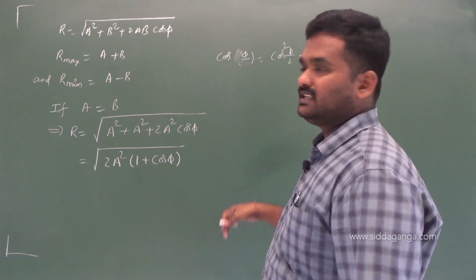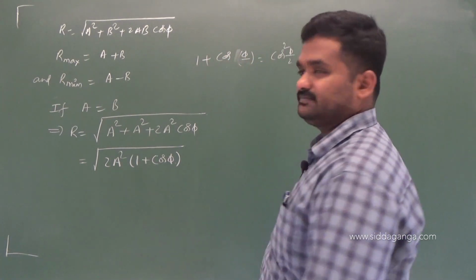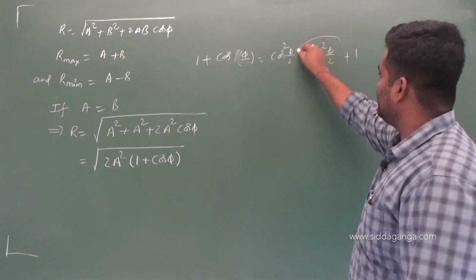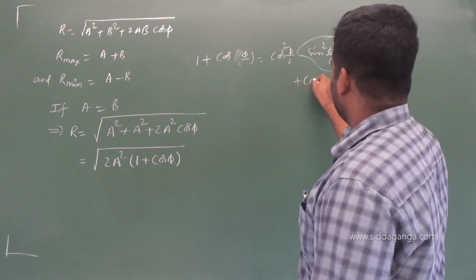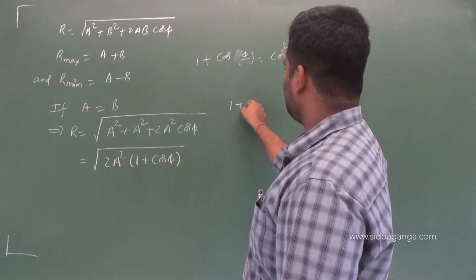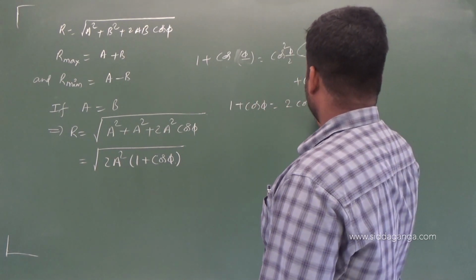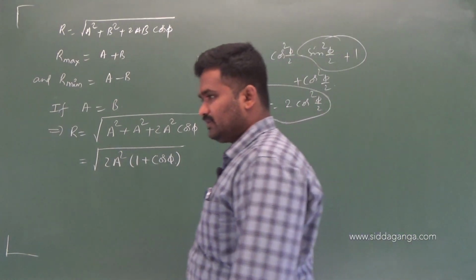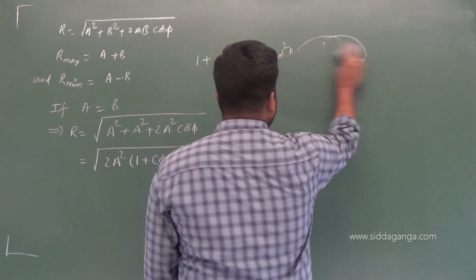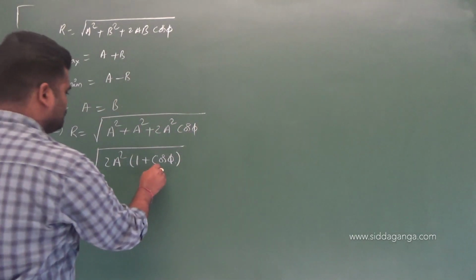isn't it? So, cos 2 theta is nothing but cos phi. 1 plus cos phi, if I add plus 1, 1 minus sin square phi by 2 is nothing but cos square phi by 2. So, I will replace this with plus cos square phi by 2. So, this is nothing but 2 cos square phi by 2. So, 1 plus cos phi, I can write as 2 cos square phi by 2. This is what I was supposed to mention here. I hope you learned this in mathematics already, no need to explain, but still you have an idea. So, 1 plus cos phi equals 2 cos square phi by 2.